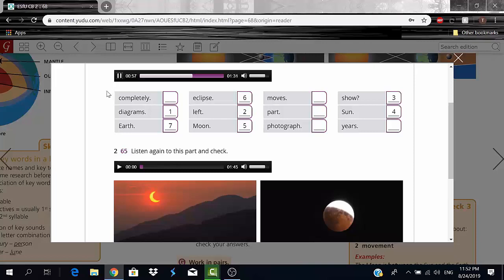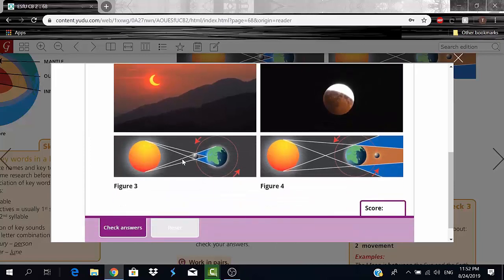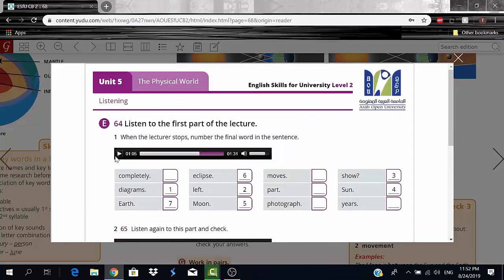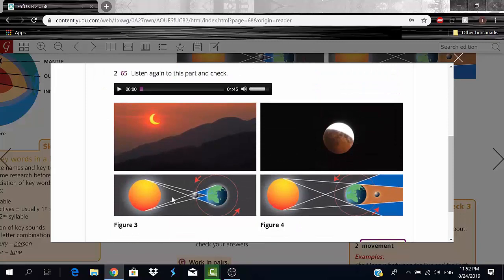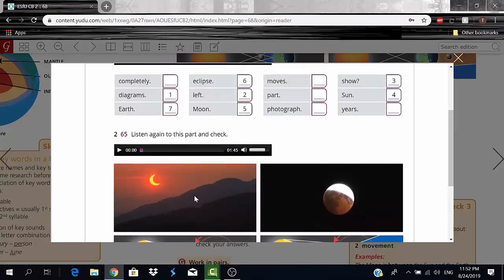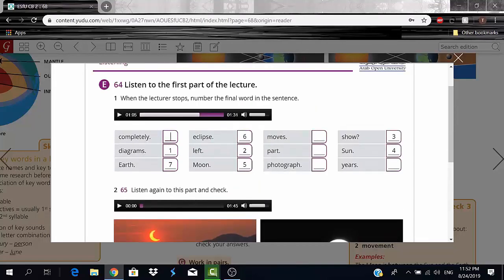8. But this is not a total eclipse. The moon is not covering the sun. 9. The moon is actually not covering the sun completely. That's what the missing word was. So you can see that people living here don't get sunlight for, I'm guessing, a couple of seconds, right? That's an eclipse. But the rest of the world gets sunlight. No difference whatsoever. So it just happens to different places every 18 months or so. So completely will be number 8.